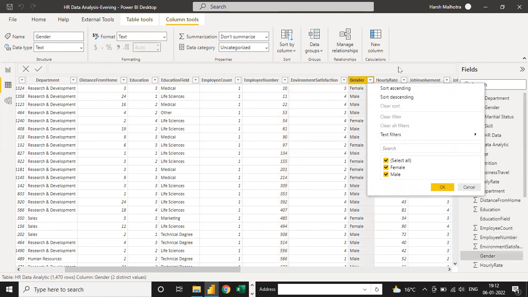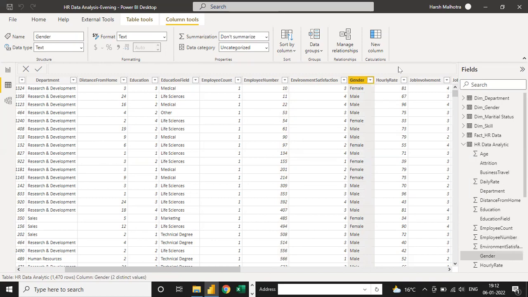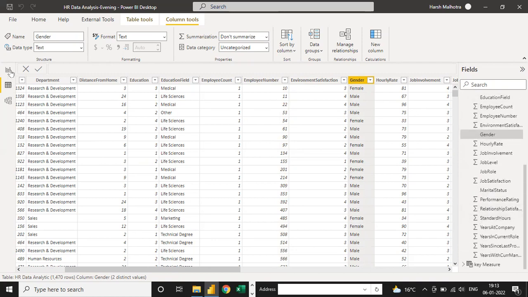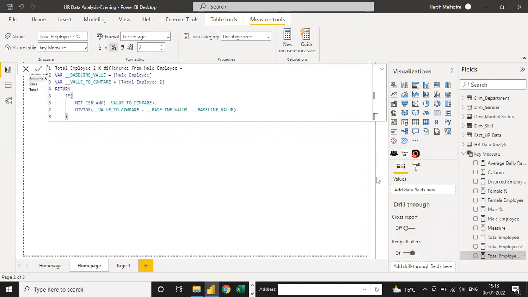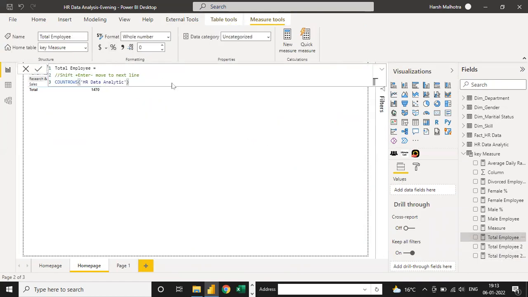My question is a bit different. I am telling the first query you ran, count of employee, 1470. You wrote a function, count employee, count rows, and the HR data file. Count rows and HR, the first one. Okay, this one. Yeah.